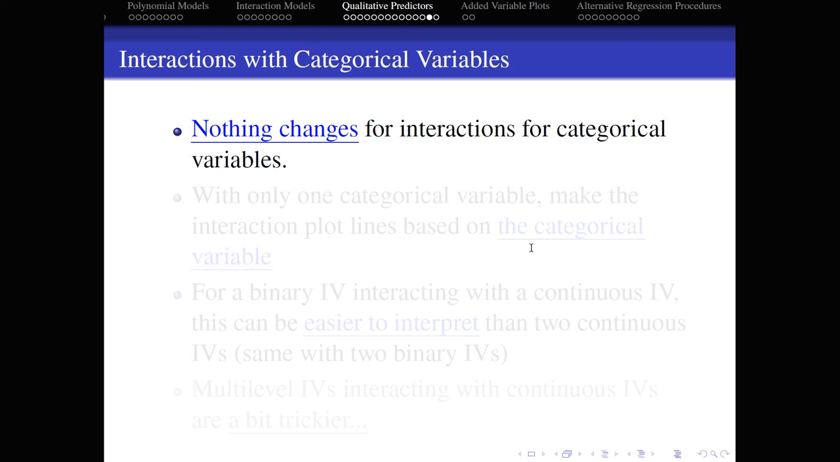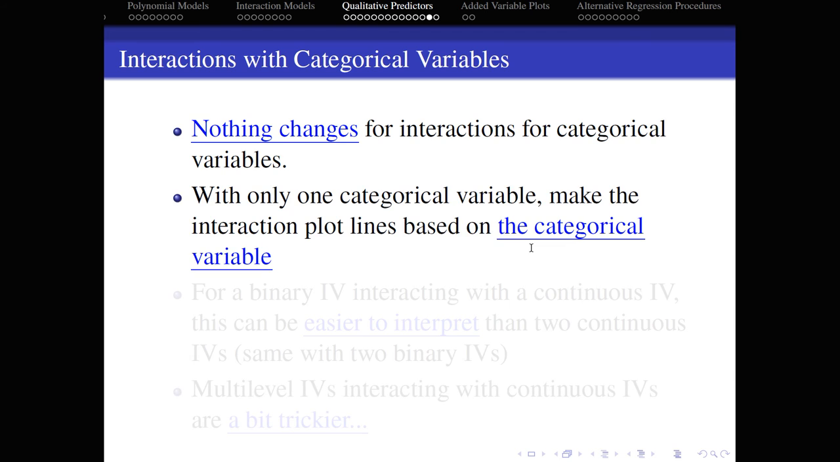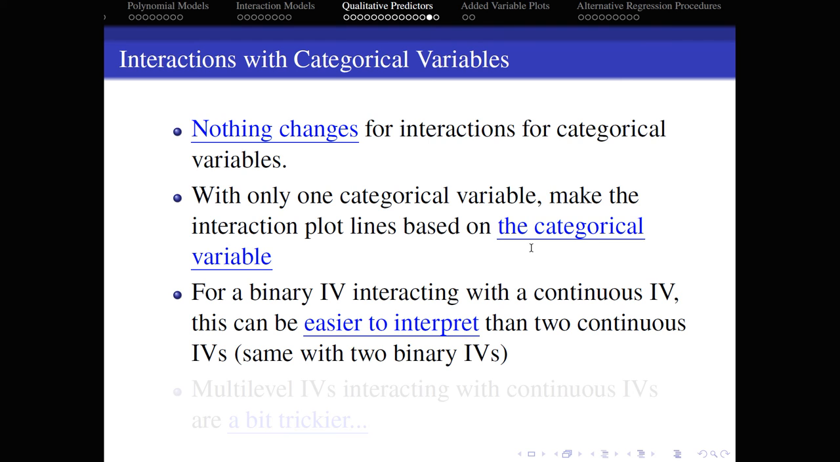Now, we talked about interactions previously. For interactions with categorical variables, nothing really changes. If we have just one categorical variable, I recommend making the interaction plot lines based on the categorical variable. So I think in the last lecture, we kind of briefly talked about how you can do it with 2 continuous variables. But if you have one of the variables as categorical anyway, then you may as well just make the different lines based on the different categories in the categorical variable. And actually with a binary categorical variable as your independent variable, it can be easier to interpret than with the 2 continuous variables, because